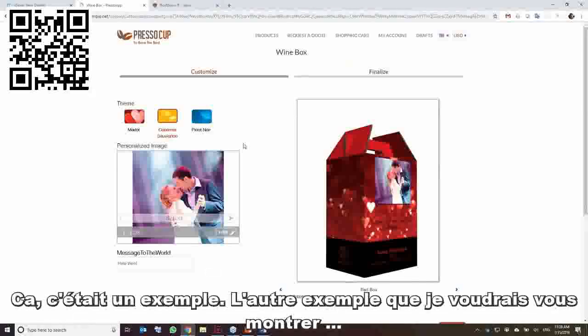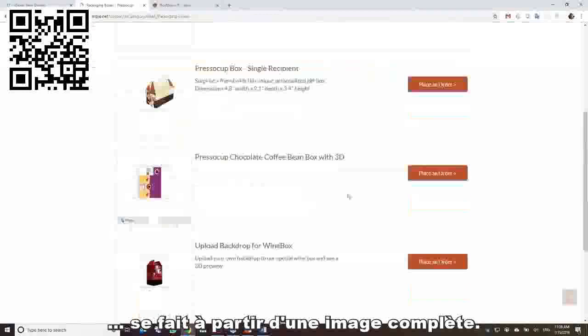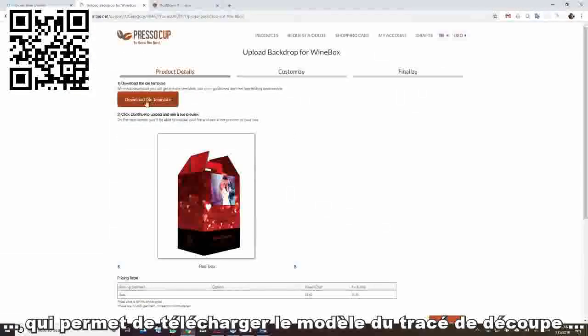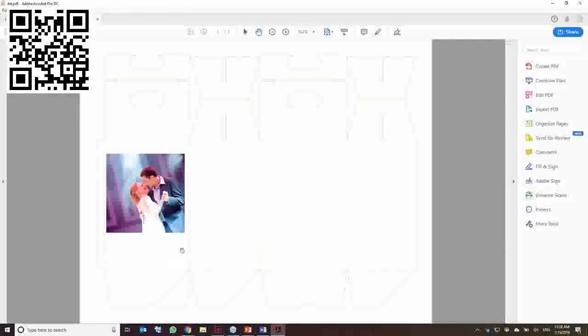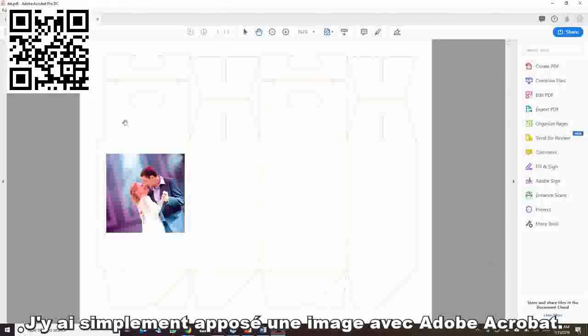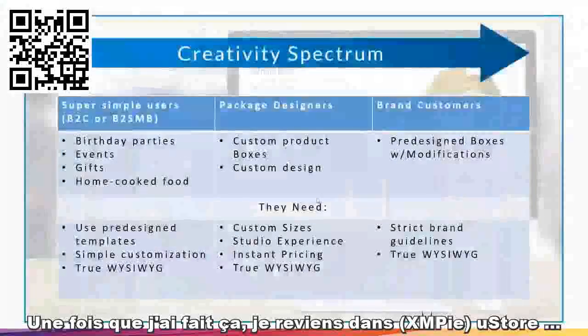The other thing that I want to show you is, so this is obviously one example. The other example would be applying an entire graphic. For that, I have that example here where one can download a die template. I've already downloaded a die template right here. So this will be my die template, and I've simply applied a graphic here. In this example, I just used Acrobat to add one graphic element. Once I did that, I can now go back to UStore,